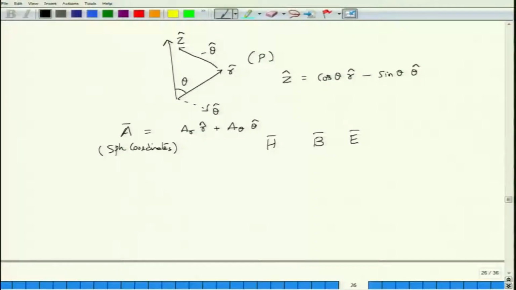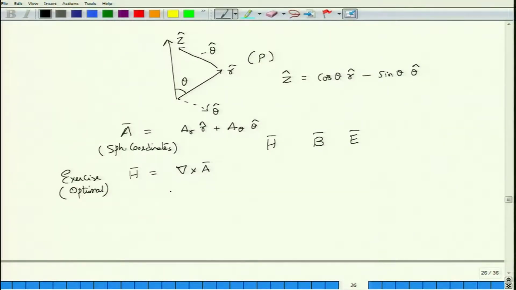Okay. If you want, you can also take this as an exercise and find out, before you go to the next module, what should be the H field. To get to the E field, we will come back later because we have to first develop a relationship between E and H. So this is an optional exercise for you in case you wish to sharpen your curl operations in spherical coordinates. You are welcome to find H given del cross A. You can pull up the formulas for curl from a textbook and do this one.